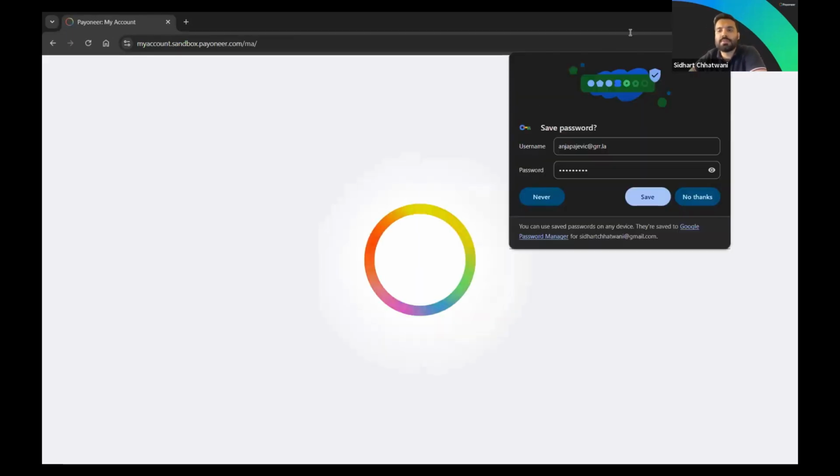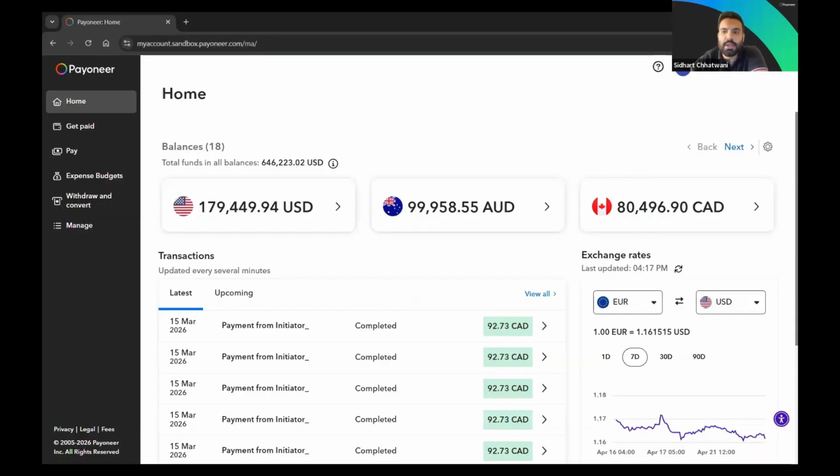So, as a Payoneer customer, like I said, you get access to an all-in-one solution to your Payoneer account, which you can access either through the web dashboard that I'm showing you currently here, but there's a mobile application that you can use to access your Payoneer account as well. So straight away you see, like I mentioned, the Payoneer account gives you access to multiple currencies, which gives you visibility and is managed through one account for you. So over here you see this is just a demo account. I wish I had $180,000 in my bank account at the moment,